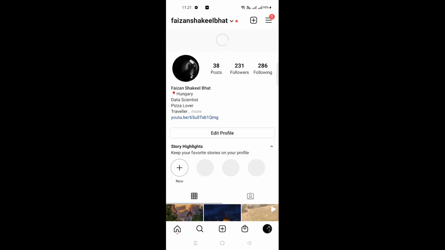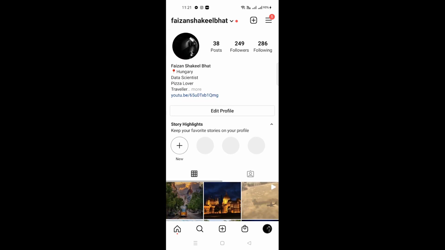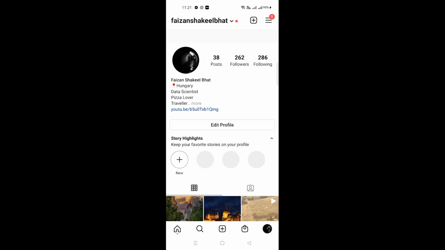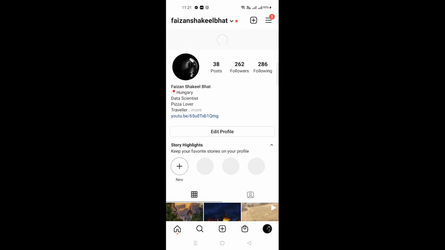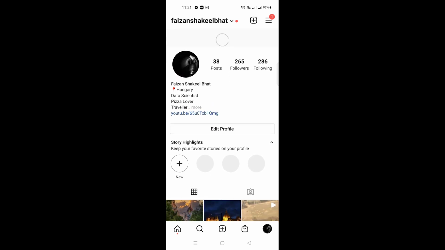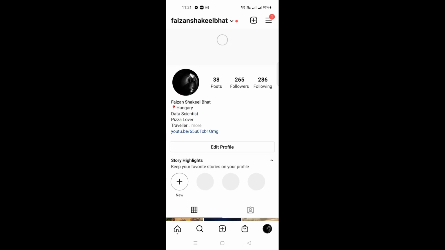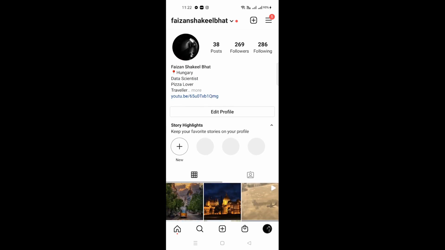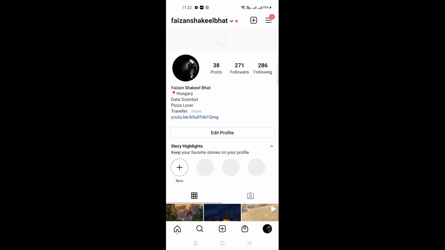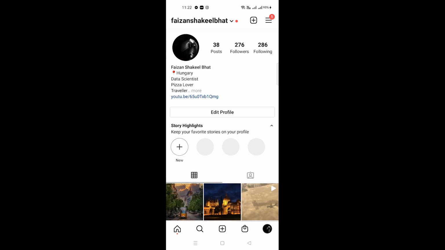If you create multiple fake accounts, like 5 fake accounts, you get 5,000 followers per hour. If you create 10 fake accounts, you get 10,000 followers in 1 hour. So it's up to you how many fake IDs you will create, and you will sign up on this app and then start. It's a pretty simple procedure. Anyone can do this. Don't waste your time on other applications, just go for it.